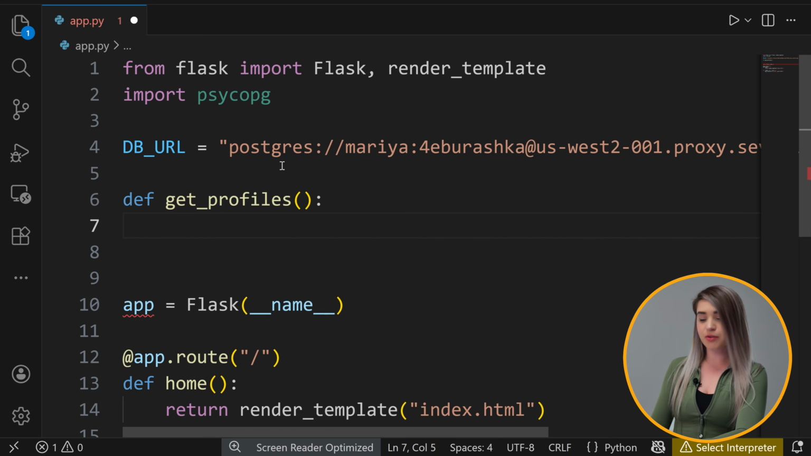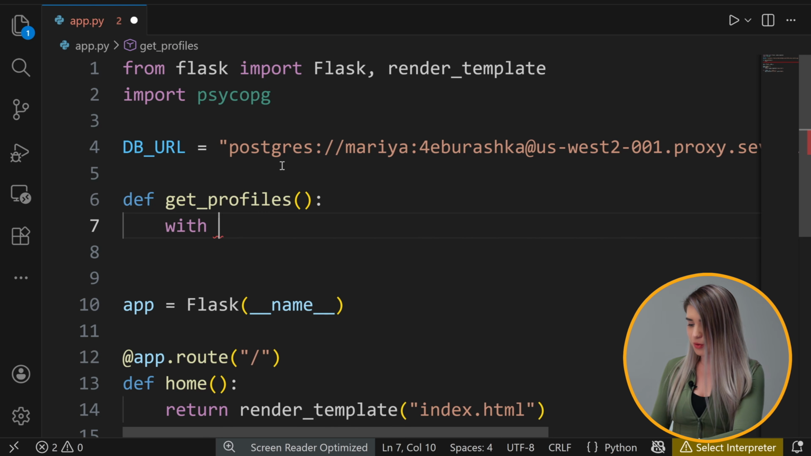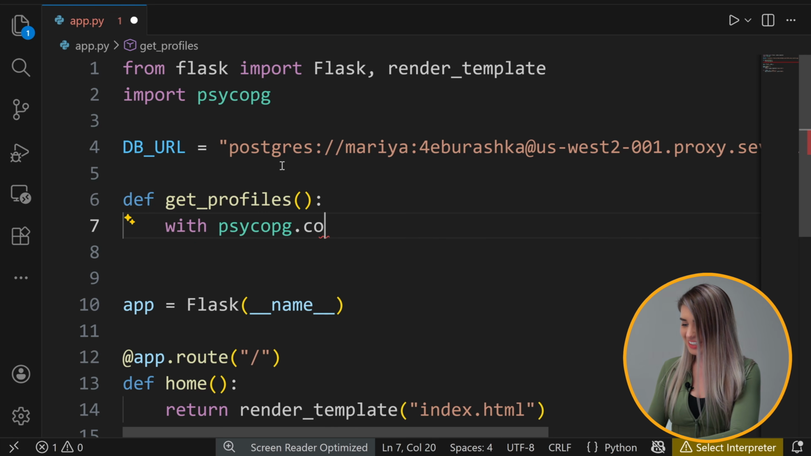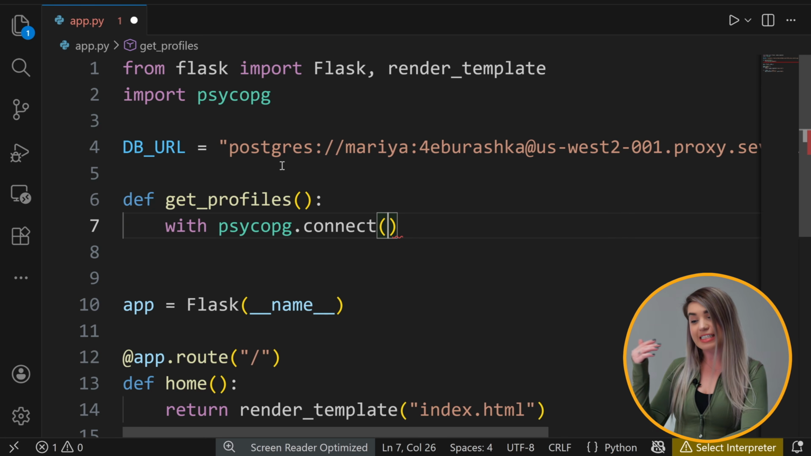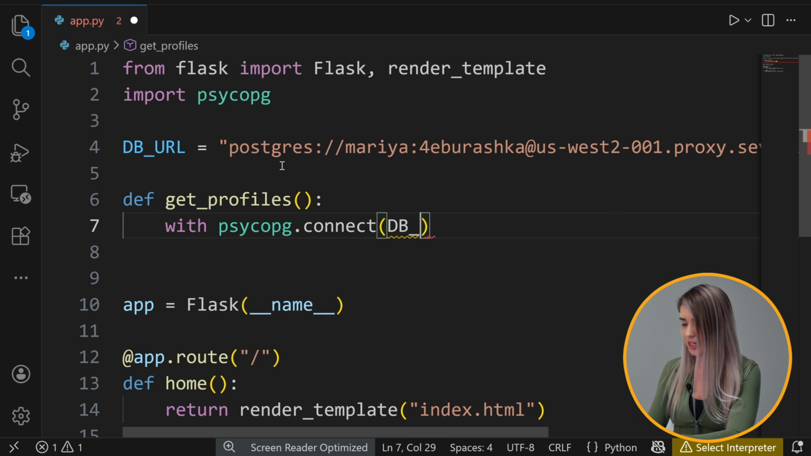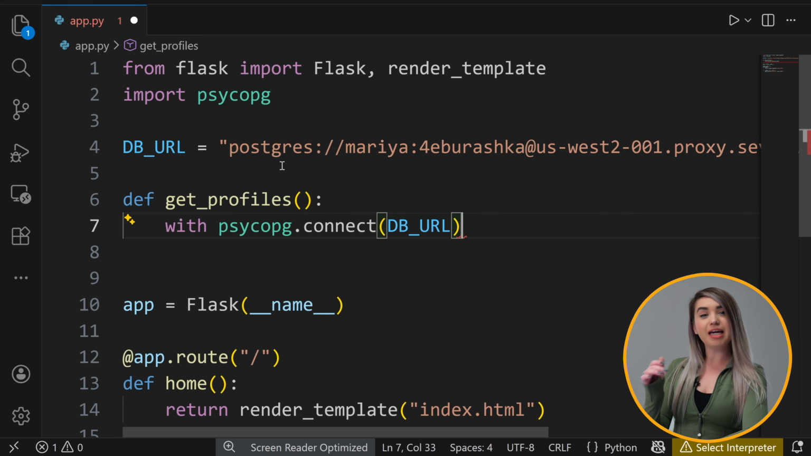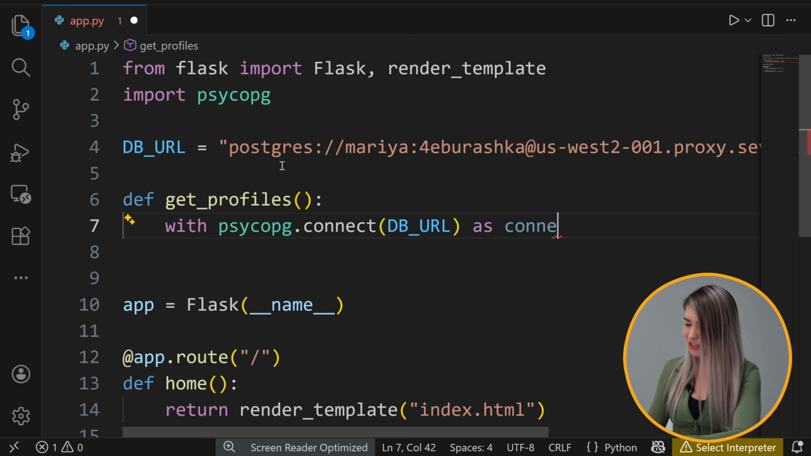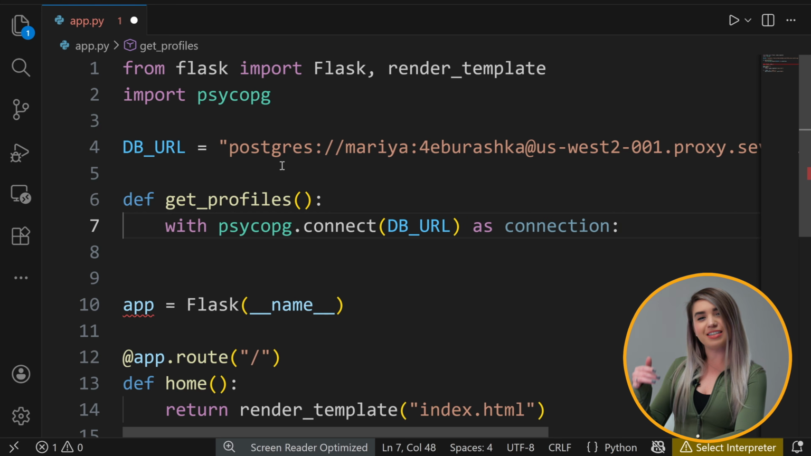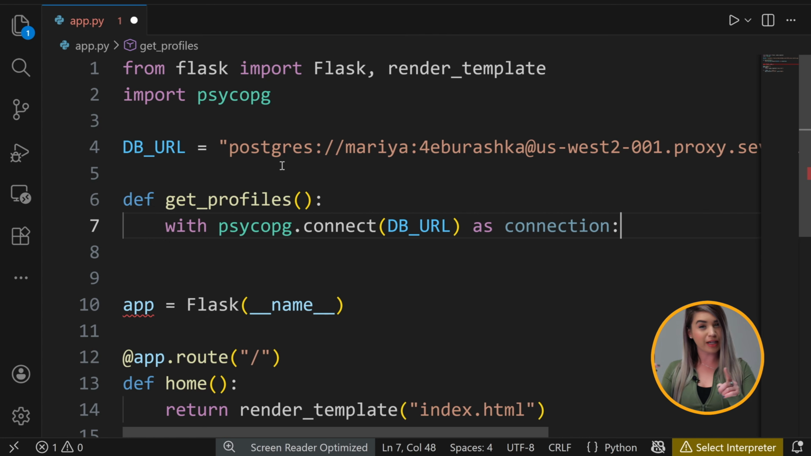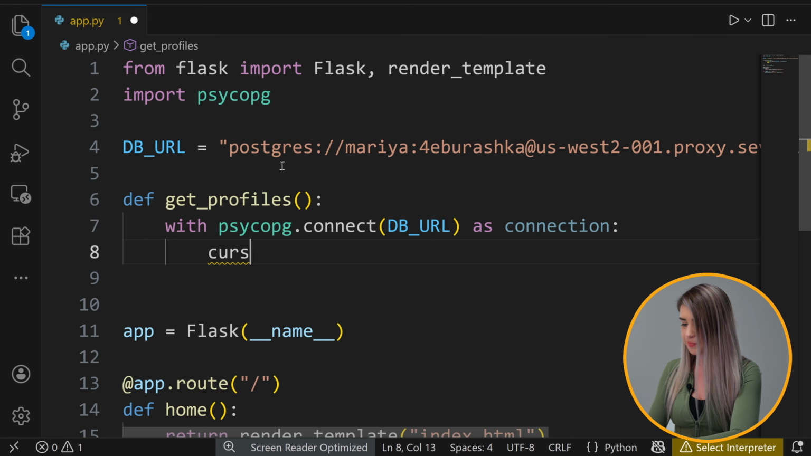And inside it, we will use a with statement to call psycopg.connect, to which we will pass our database location DB URL. Then we will name this statement as connection, just so we can then access it below. But a connection is not enough. We also need a cursor that we will use to point on the exact information we're looking for. So let's set it to cursor equals